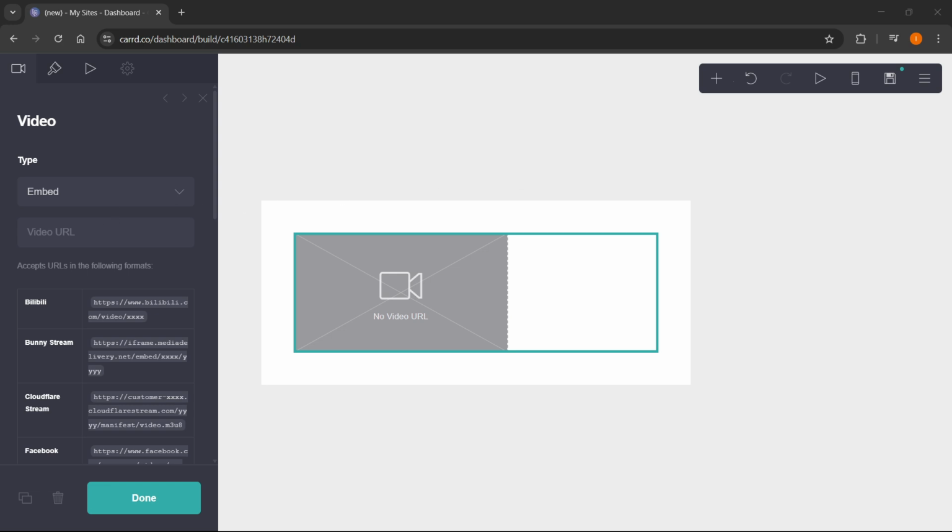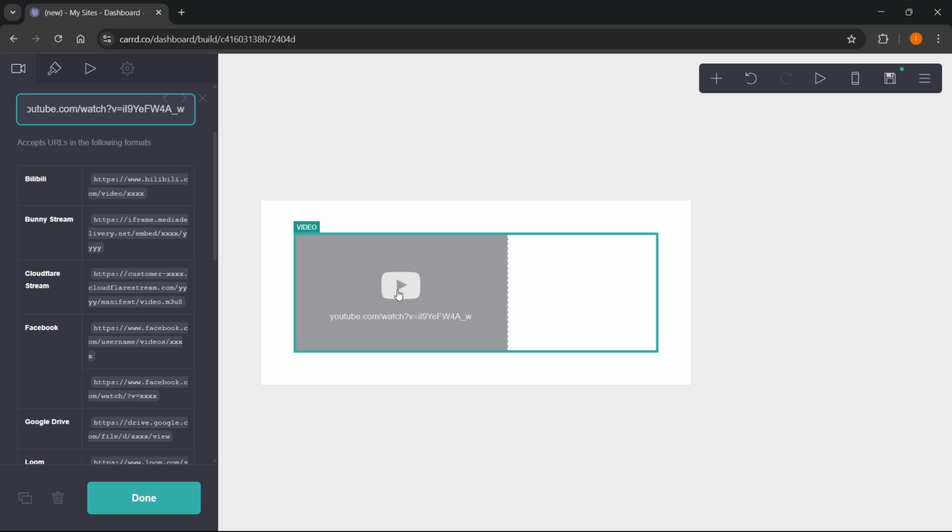And then once you put in your URL, if I really quickly go to my YouTube channel over here, I'm going to actually show you how this is done because it's very simple. You basically just copy whatever link you want, paste it in here like this, and as you can see, it's going to get added in here.